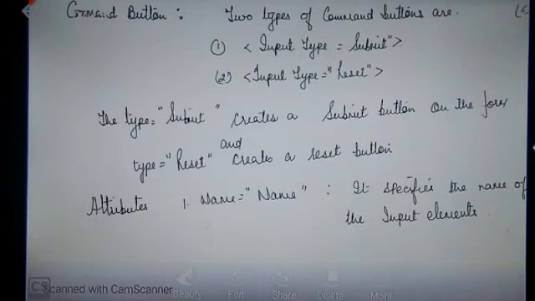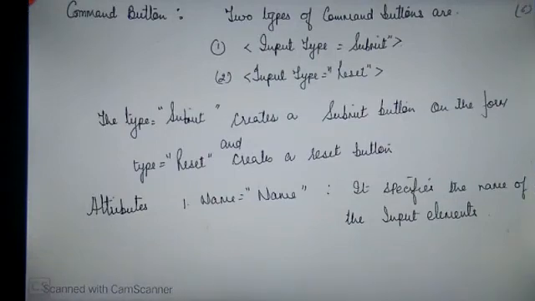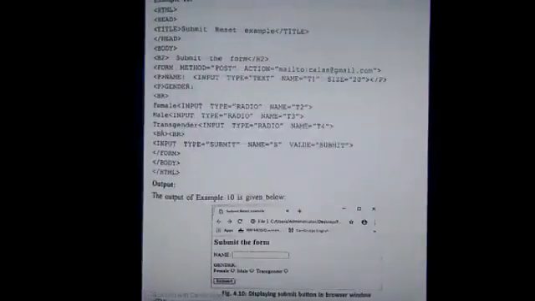Now the last here is the select tag. This tag defines a selection list on an HTML form. Attributes again are name, multiple, and size. Select name specifies the name of the select element. Multiple specifies that multiple items can be selected, meaning more than one. Size means list length, specifying the number of items visible when the form is displayed. Now we have the option tag. It specifies an option in a selection list. An attribute is selected. It specifies that this option is selected by default.